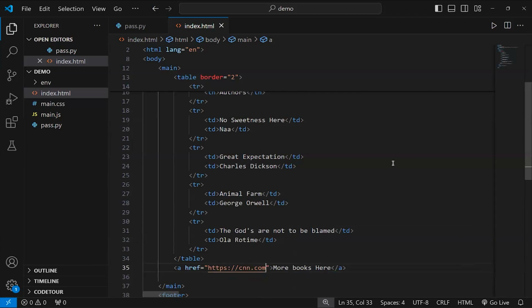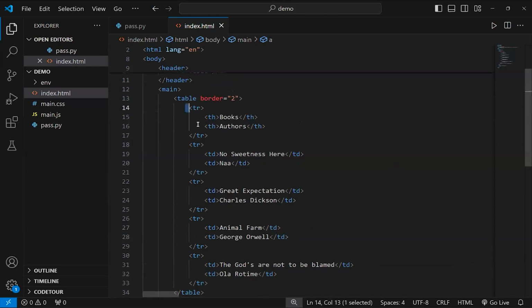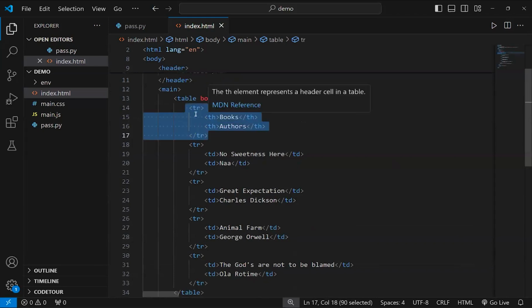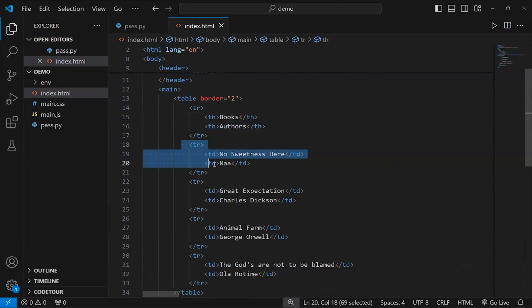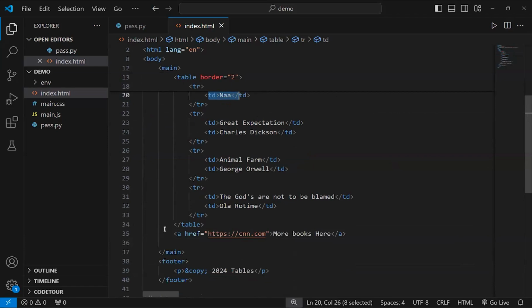Okay, so I hope you can all see my screen. So we created the header. We created a row and we put in the header, books and artists. Then we have created 4 rows, each row containing 2 cells, one cell containing the book name and the other cell containing the author. And I created a link to more books here, and I just referenced CNN.com. That's what I've done. So I'm saving this, and then